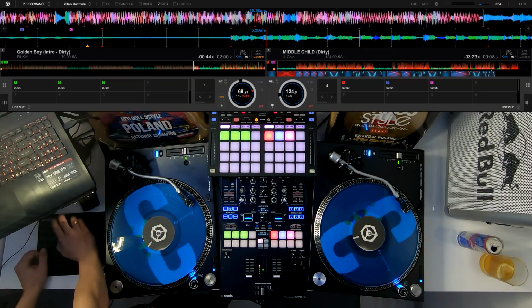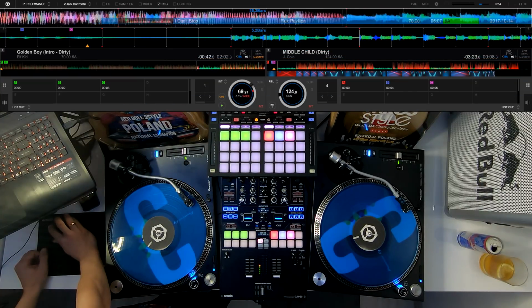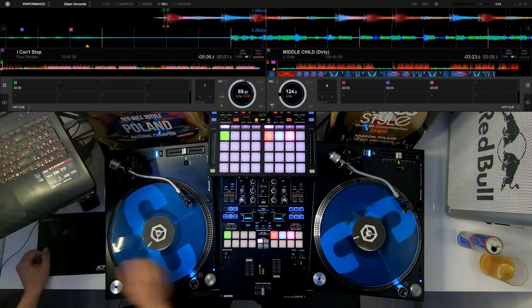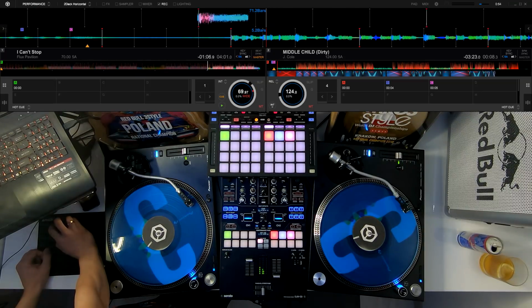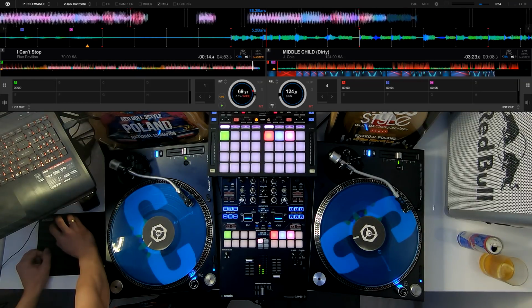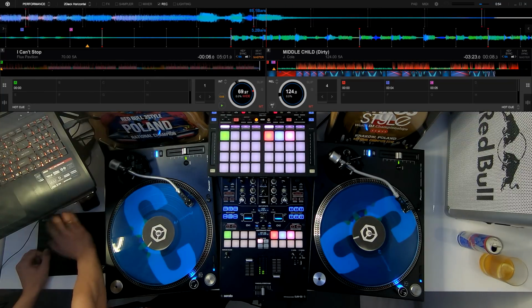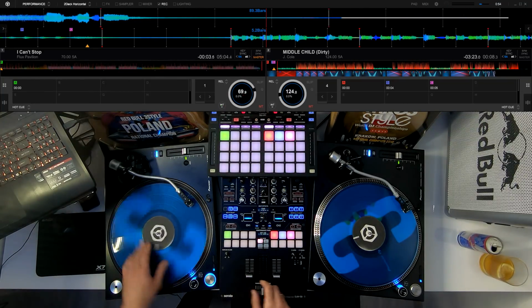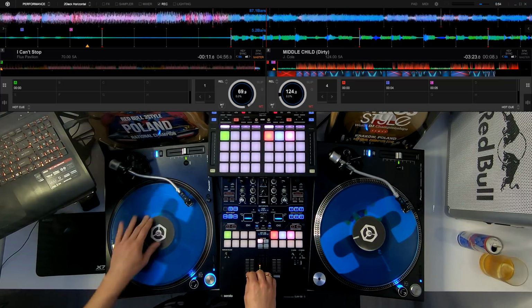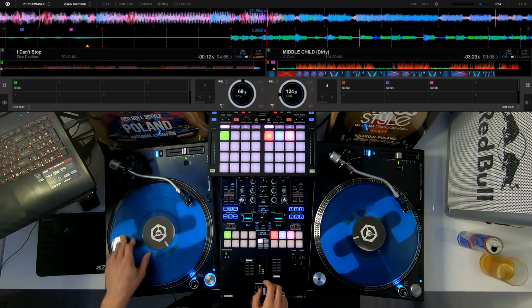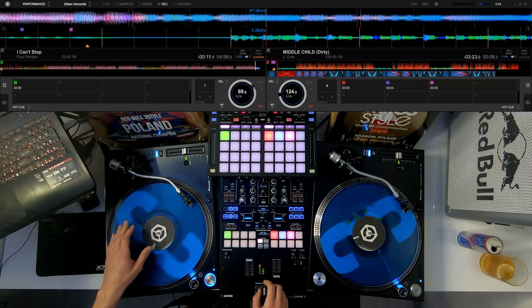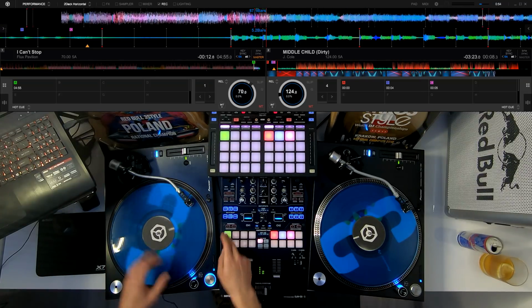Too much vocal everywhere here. I can stop. I think those synths should be pretty nice to try a melody. Let's find the beginning, set up the cue points,